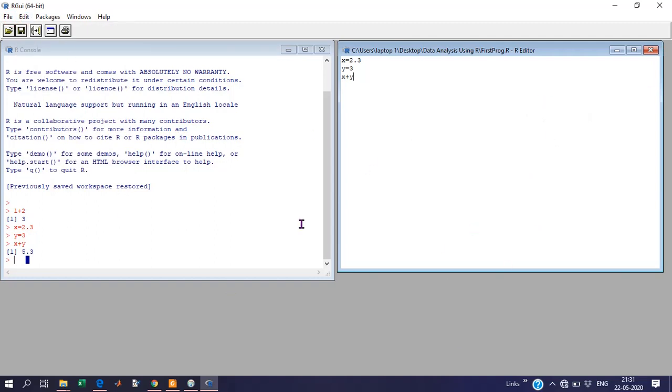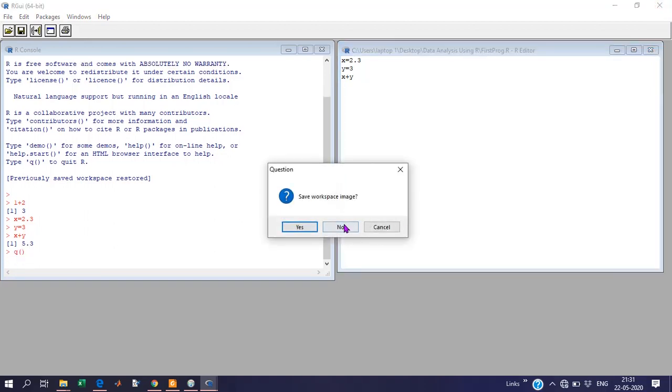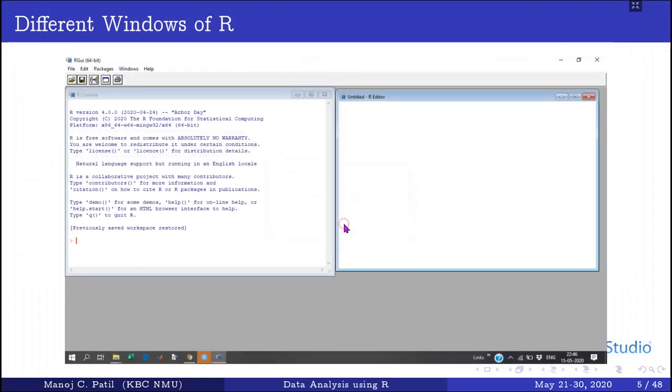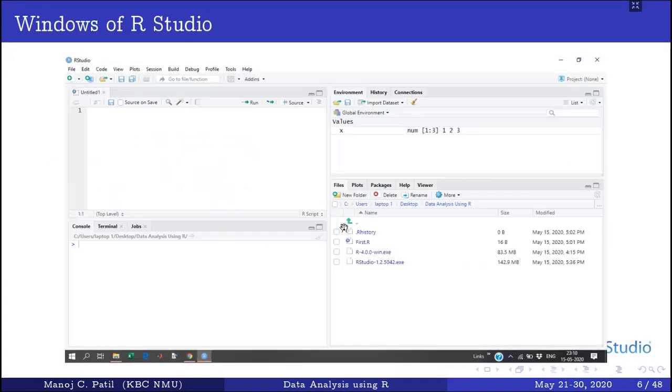This is the R software. We are not going to use this software, though. We will use RStudio for this. This is the window for RStudio. As we all know, RStudio is an IDE for R software, an Integrated Development Environment.